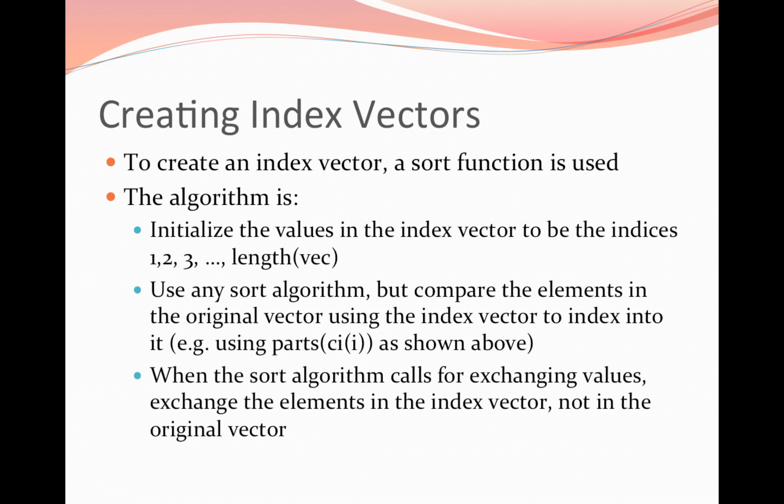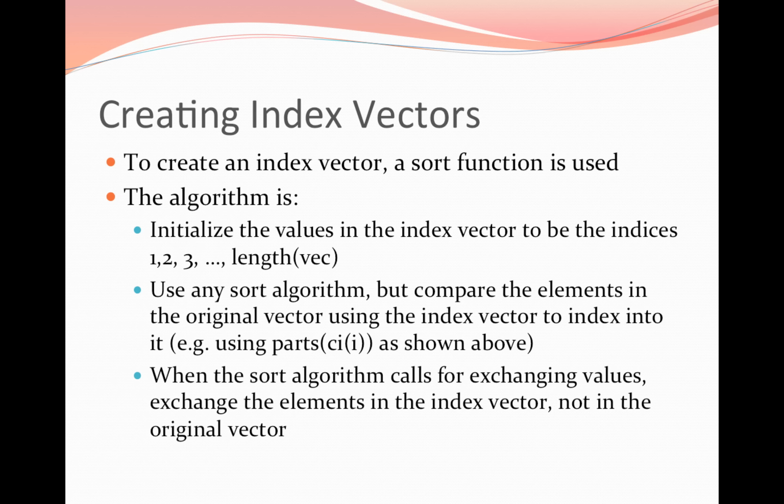Now, we just created index vectors by inspection. That works if you only have 4 elements, but if you have a large vector, that doesn't work at all. So how do you actually create an index vector? Well, you basically use a sort function. So we could use our selection sort function, where the algorithm is to initialize the values in the index vector